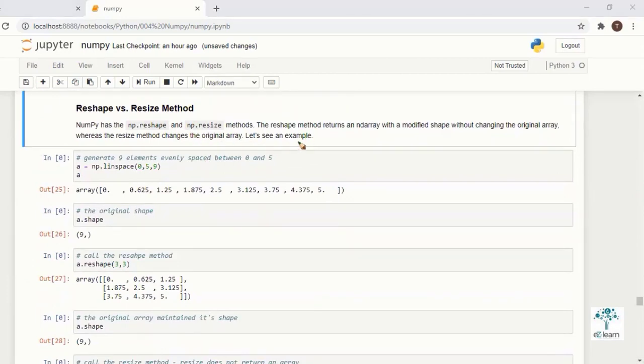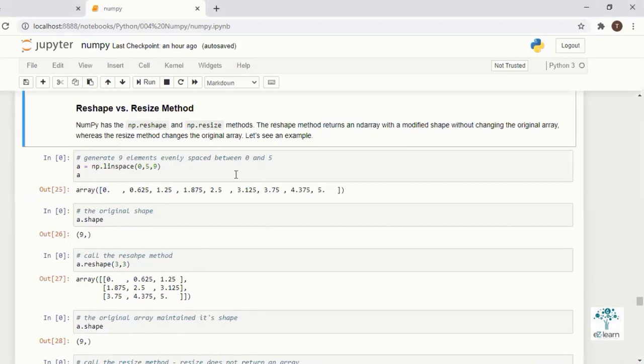The reshape method returns the modified shape without changing the original array. It gives the reshaped array matrix. But the resize method changes the original array. So you see the difference. When to use reshape and resize: if you don't want to disturb your original array, you can use reshape. Otherwise, you can use resize.